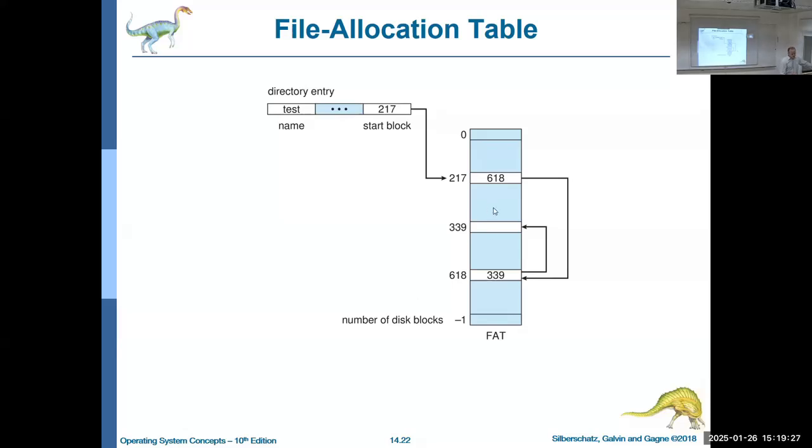So in other words, there can't be anybody else using 618. Since I'm using 618, this row has to be for me. Now, how will I know when I'm finished? Well, pretty simple. If I want to know where the end is,